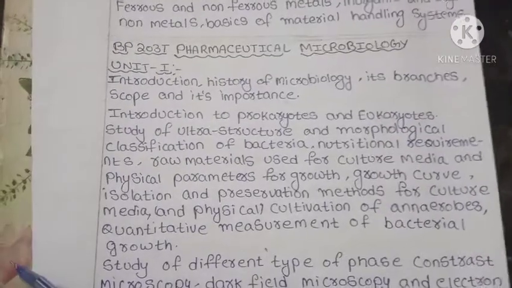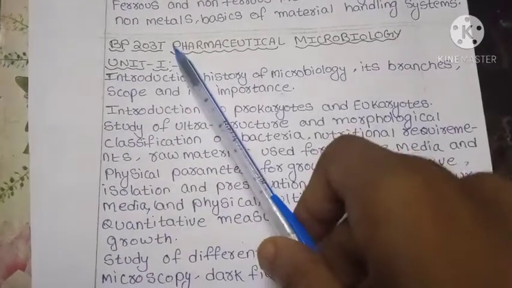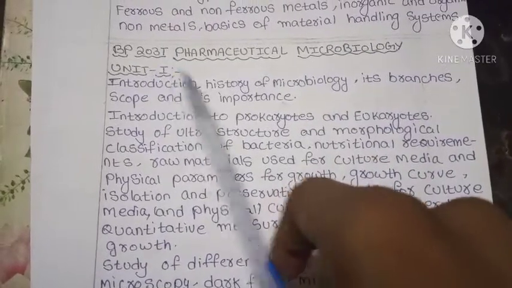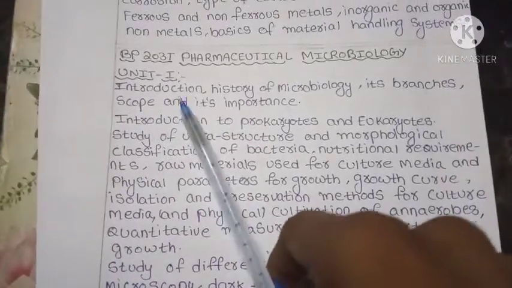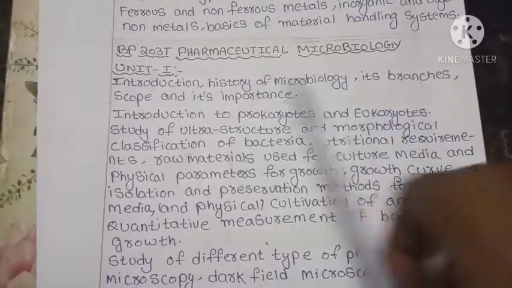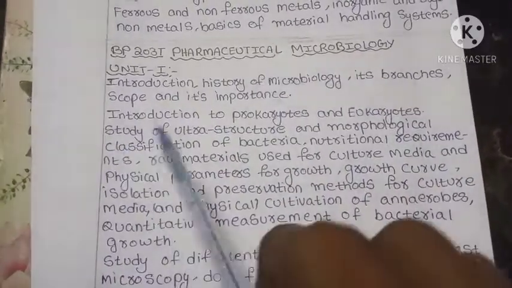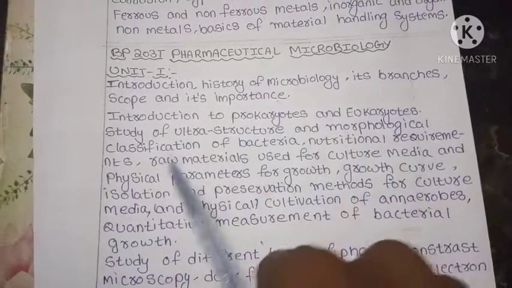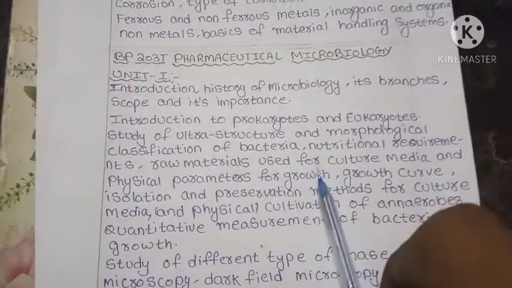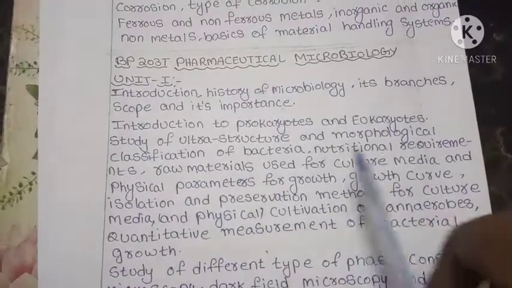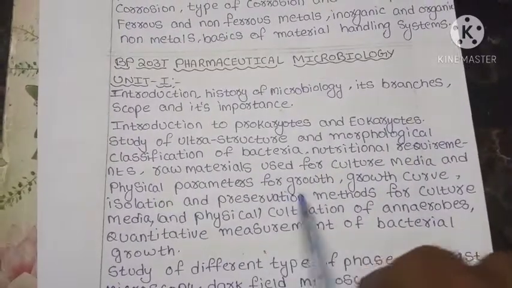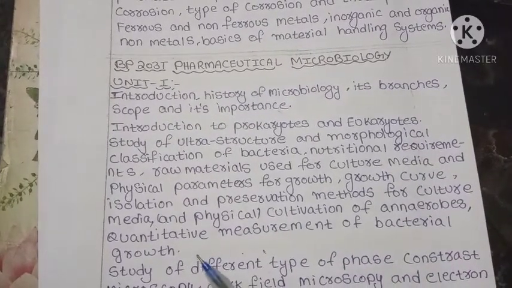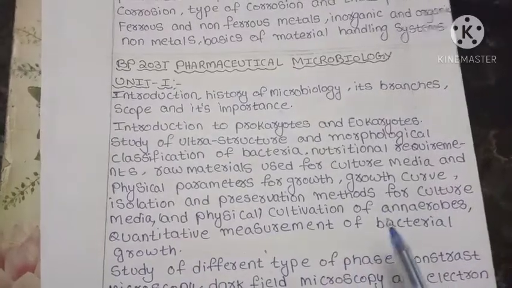Next, subject 3 is PP203 Pharmaceutical Microbiology. Unit 1: the introduction, history of microbiology and its branches, scope and its importance, and also introduction to prokaryotes and eukaryotes, structure, ultrastructure and morphological classification of bacteria, nutritional requirements, raw materials used for culture media, and also physical parameters for growth and growth curve, isolation and preservation methods for cultures, culture media, and cultivation of anaerobes,